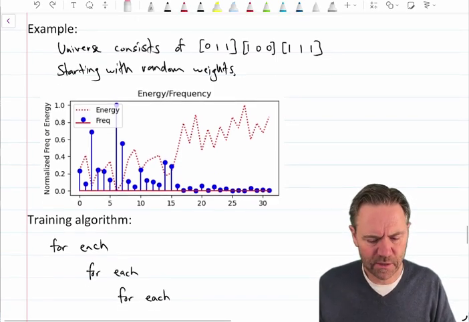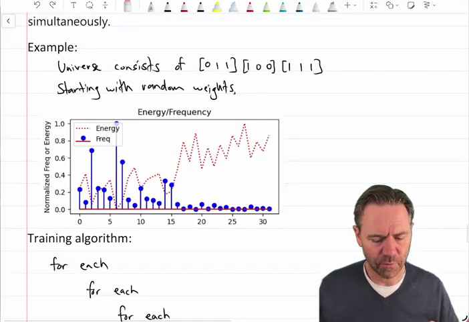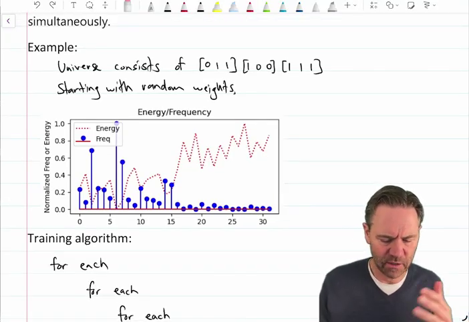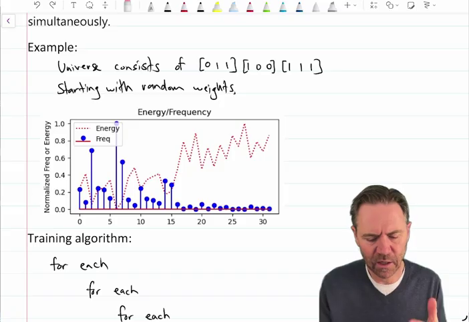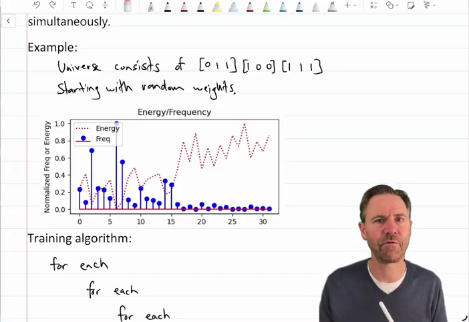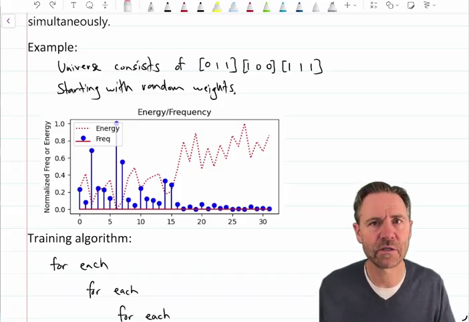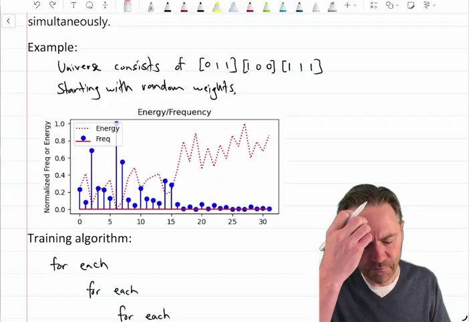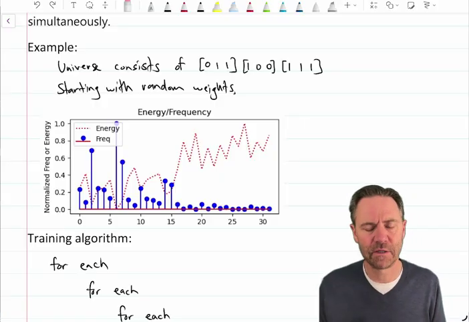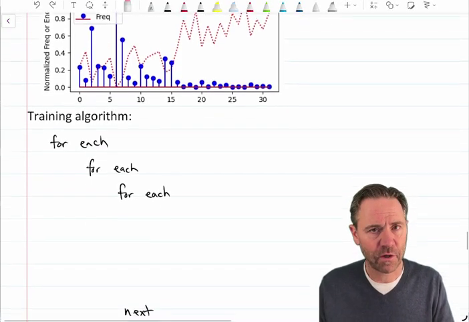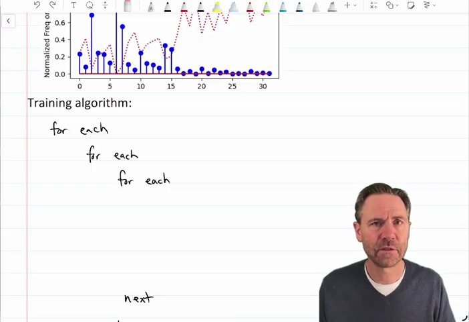So when I run this, starting from random weights, you see I get a whole bunch of states where the energy can be quite low for a whole bunch of different states and quite high for other states. And the visitation frequency is kind of all over the place. Now, we want to train it. So let's train it